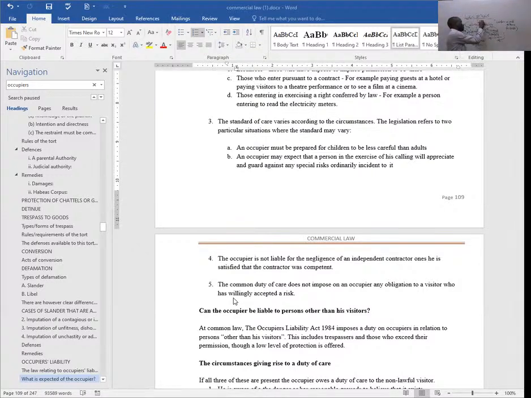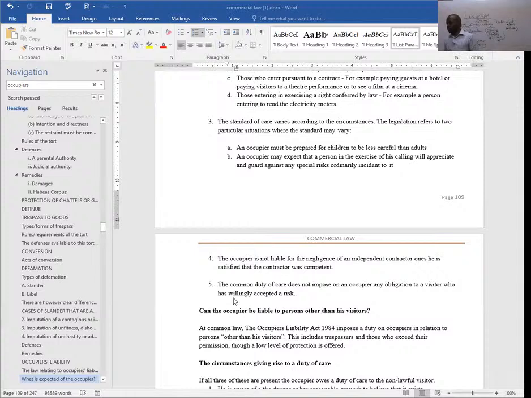So this engineer was qualified to build the pillars in the supermarket. If the pillar becomes faulty, the person who should be held responsible is the independent contractor and not the occupier or the supermarket. That's why they're saying that in the case of services provided by an independent contractor, for that particular building or premises, the occupier might not be held responsible, but that particular independent qualified contractor will be.